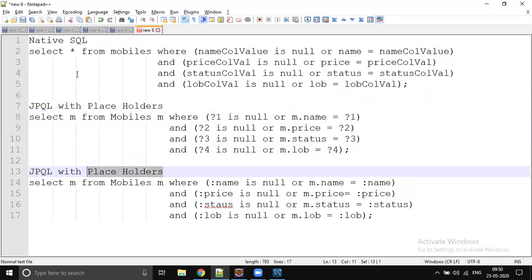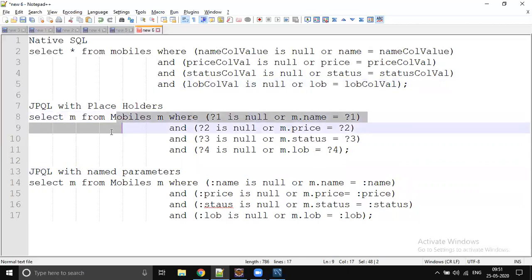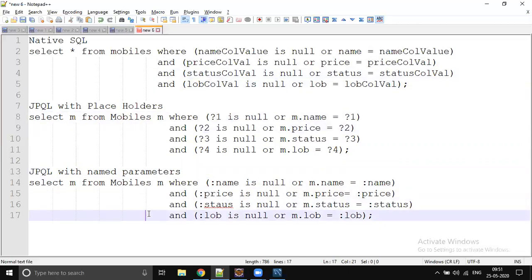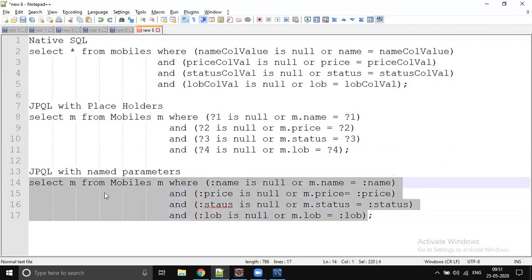When I show you the example, you will get a better idea. The third is with named parameters. If you are not working much with SQL, then you may not understand, because we are writing a complicated query here, right? So this is with placeholders, this is the native SQL query, and this is with named parameters. Let's take one of the examples and implement the named parameter model.